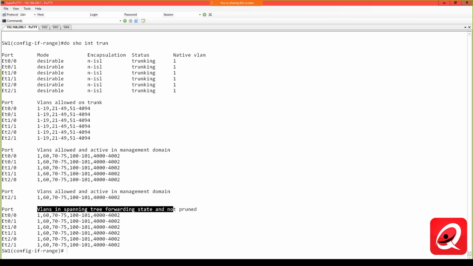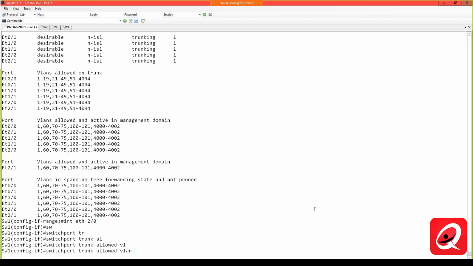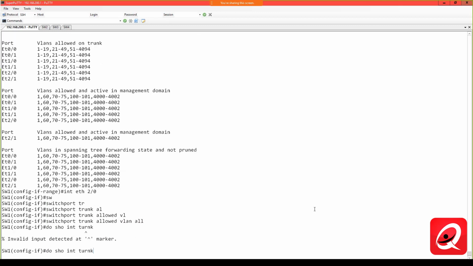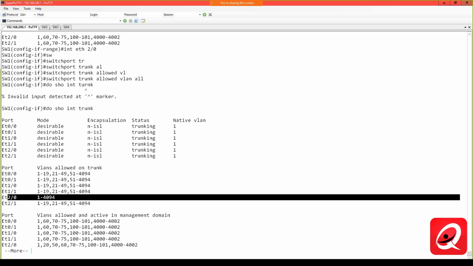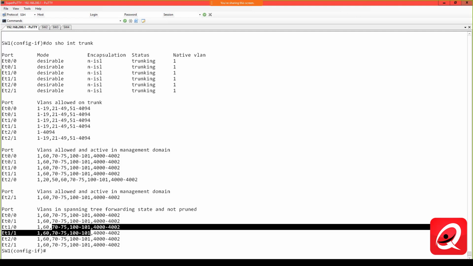all VLANs, like I said, are allowed across the trunk interface by default. If I do a quick show interface trunk here, we pruned off Ethernet, well, all of them actually. Let me go into interface Ethernet 2/0 and say switchport trunk allowed vlan all. Do show interface trunk. So you can see that by allowing all VLANs, then all VLANs are going to be allowed. And those VLANs eventually will show up as active in the domain, and that traffic will pass over those